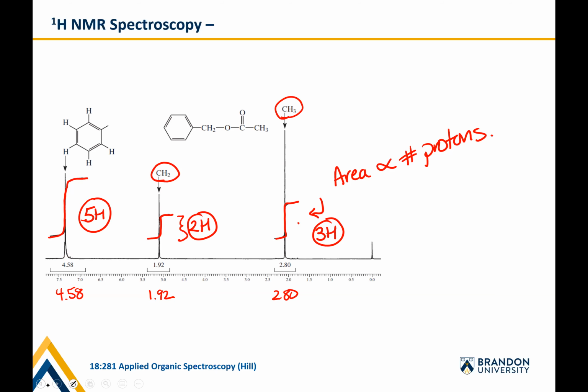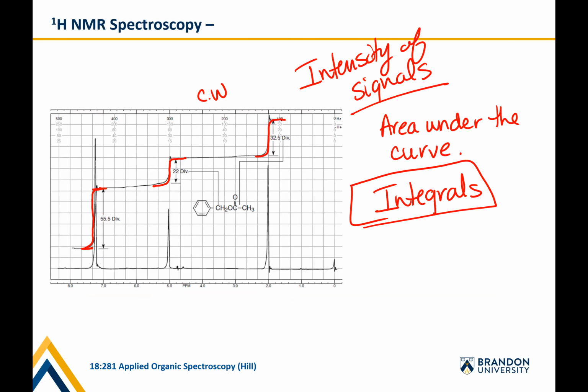But that's basically this area under the curve. This tells us the number of protons, 3H, 2H, 5H. So this is a ratio. If you measure this and say this was 22 millimeters, and this is approximately 33 millimeters, then if this is 2, this would be 3, and this would be 5. You can put any value here, but if this was 5,